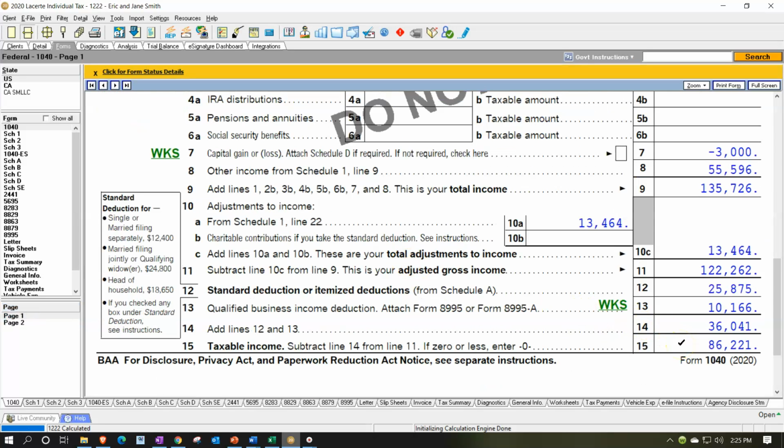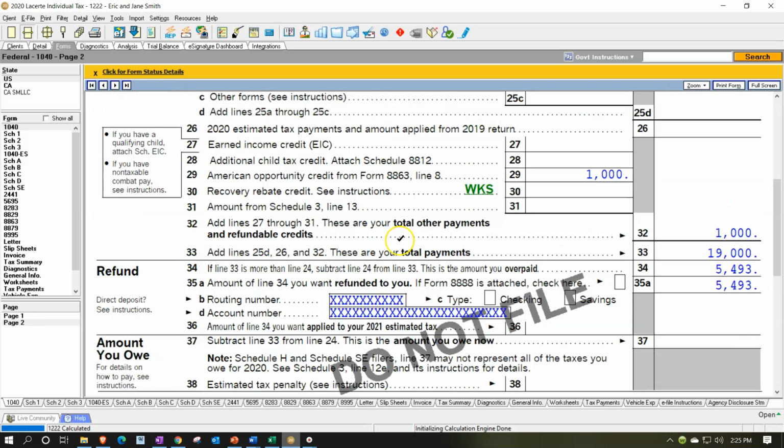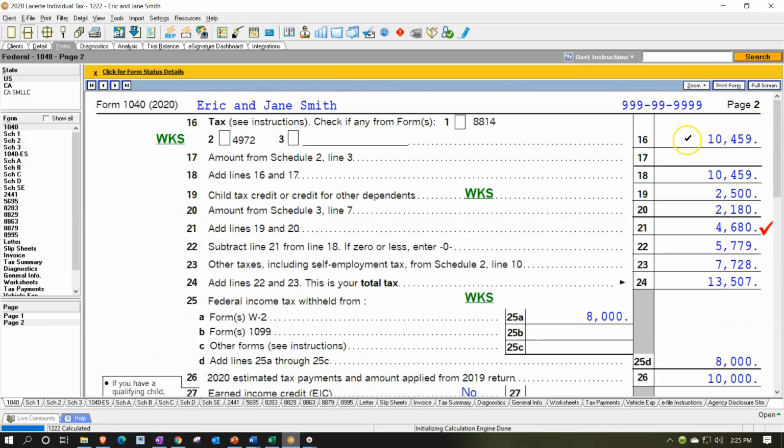So there's the 2,180. So if we just recap this, again, no change happened to the first page happening here. So we're still at the 89,221 on the first page. No change to the actual tax calculation there. Then this 2,500 did not change. That's the child tax credit. Then we have this amount, which did change. This is the amount from Schedule 3 that pulled over. And that's going to have an impact on this number, the 4,680. And then we have the other taxes, which is the self-employment taxes, the 7,728, to get to the total tax of the